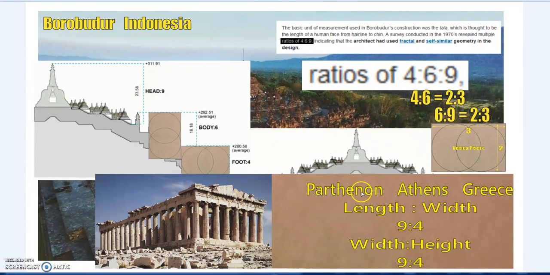Now this is interesting because I've done plenty of videos in the past on this, so let's just skip over so many other temples, including megalith temples in France and the UK, and over across the Mediterranean, well, everywhere really, but the famous Parthenon. And this has a length to width ratio and a width to height ratio of 9 to 4. Well, what's 9 to 4? Well, 3 squared is 9 and 2 squared is 4.